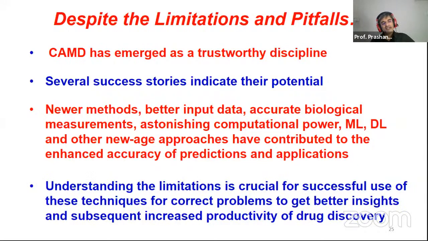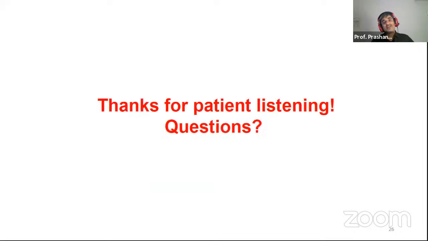With every passing day, these predictions will be perfected, and the day is not far when we probably would be able to replace many of the animal studies with these models. Of course, that's again a distant dream. It will not happen just like that. Many years must pass before something like that happens. Ultimately, many of these models will be an alternative to experiments. Not everything, but at least some of the high-end experiments where toxicity needs to be predicted, or other properties need to be optimized. That's where these models and techniques come in handy.